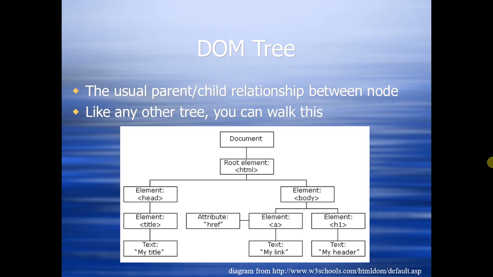For example, the root element of the tree is root, followed by the HTML tag. The HTML tag has two tags, head and body. The head tag will have a title, which represents the title of the web page. Inside the body we will have two tags: a, the anchor tag to create a hyperlink, and h1, for heading one.